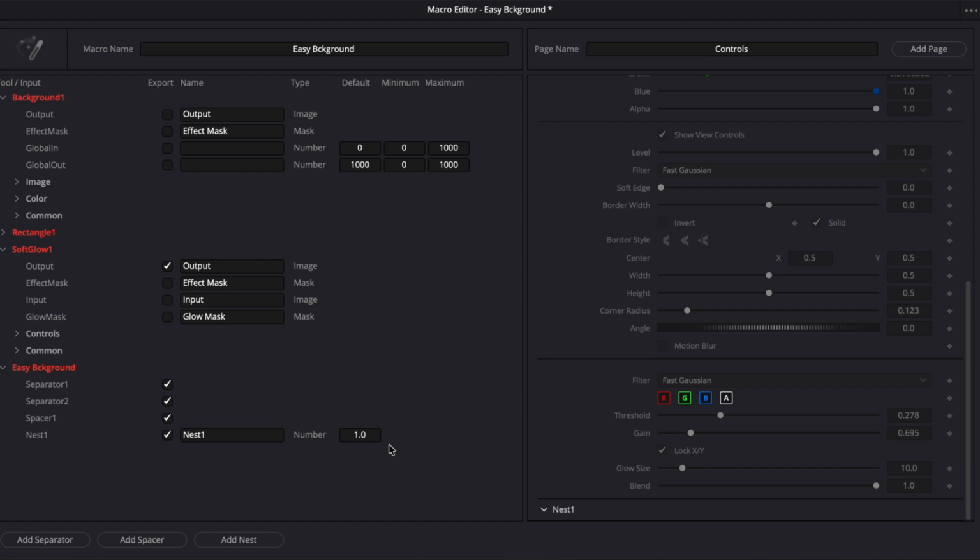And take note of this number. If this number is set to 1, it means the group is open by default. That's why you can see the arrow pointing downwards. But if you set 0, then you can see the arrow change direction,